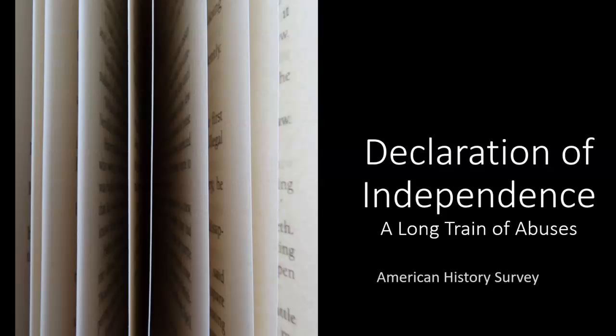Let's talk then for a minute in this second video about what the king has actually done to take away the rights of the colonists. In other words, if natural law gives us certain rights and those rights are for our good and the government's responsibility is to secure those rights, then what has the government done, what has the king done that those rights are to be regarded as not secure?